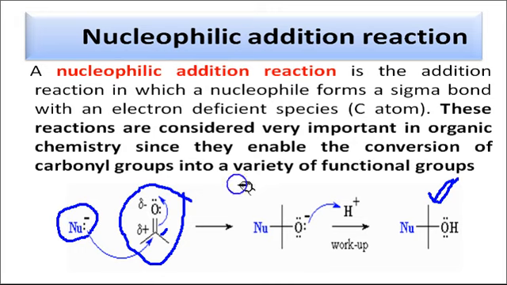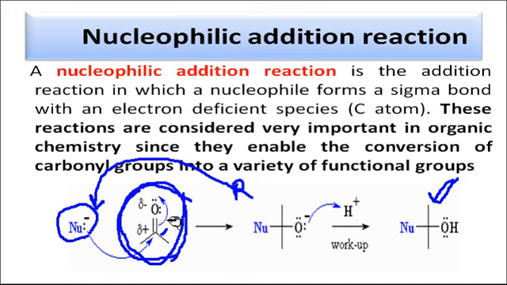So now by definition we are very clear about the nucleophilic addition reaction. These are the reactions in which the reagent is the nucleophile and the substrate molecule must have the double bond in which the carbon atom is the electrophilic center. That means the carbon atom possesses a partially positive charge. That is why this nucleophile can easily attack on the electrophilic carbon center. Carbonyl compounds, that means ketones and aldehydes, are the best example of this type of reactions.